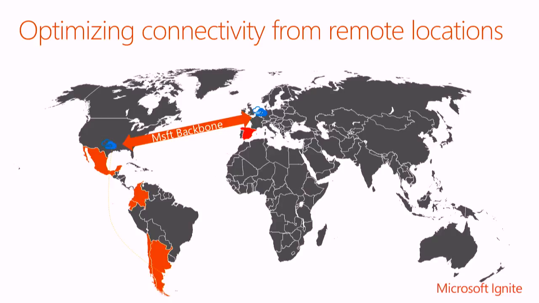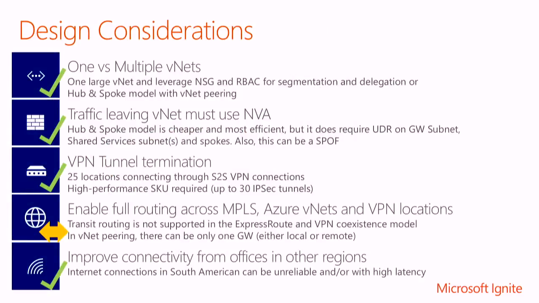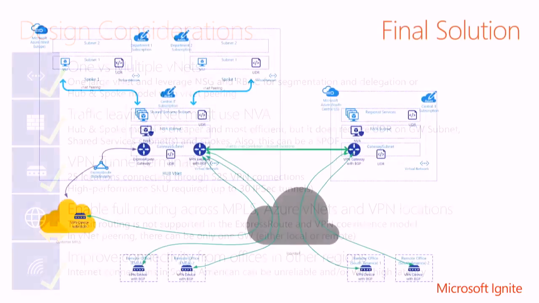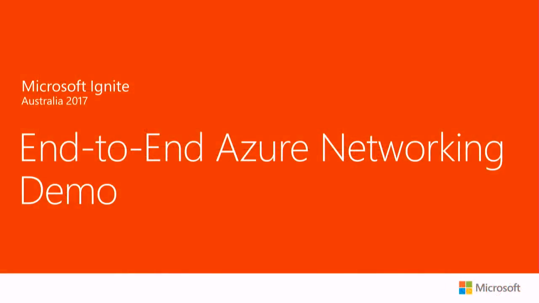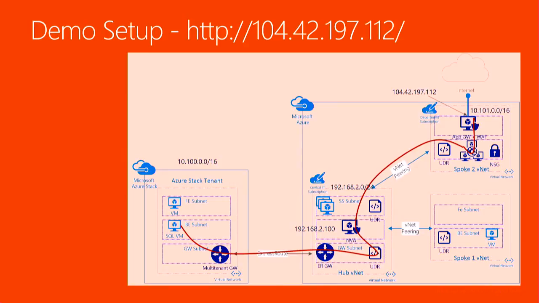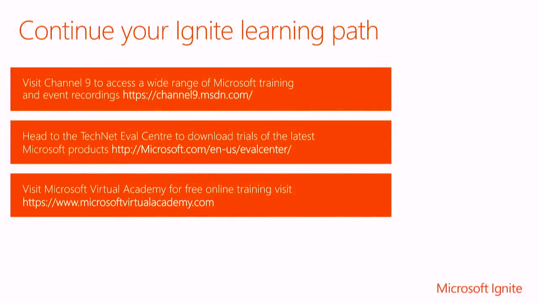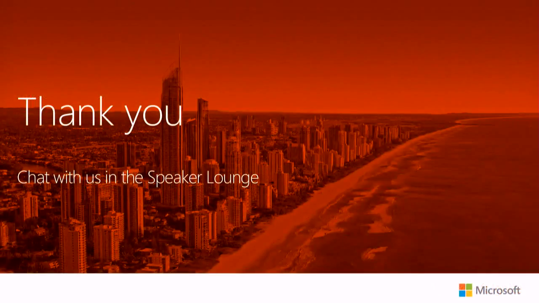Moreover, they also added some additional services so that these guys don't have to go for this long route everywhere, so they can deploy some services in this VNet itself. That way they just connect through the local shortest VPN connection. So that's the overall design, and I'm able to improve the remote office connectivity also. And this is the final diagram that we put together for this customer's deployment. That's all I have, and I think I showed this demo yesterday, so I'm skipping it for the time. If you have any questions, I'll be here. I'll be happy to answer any questions you may have.